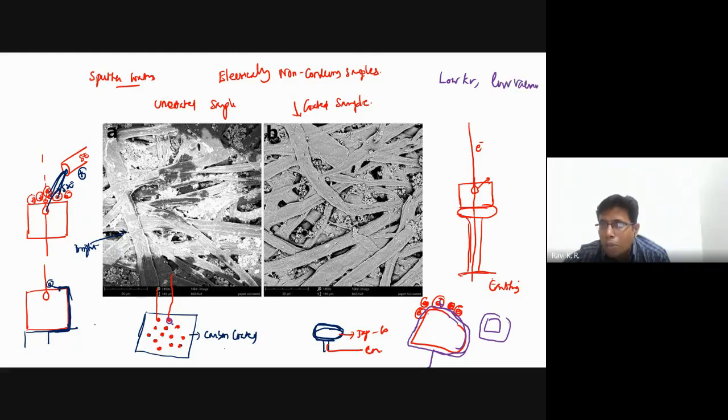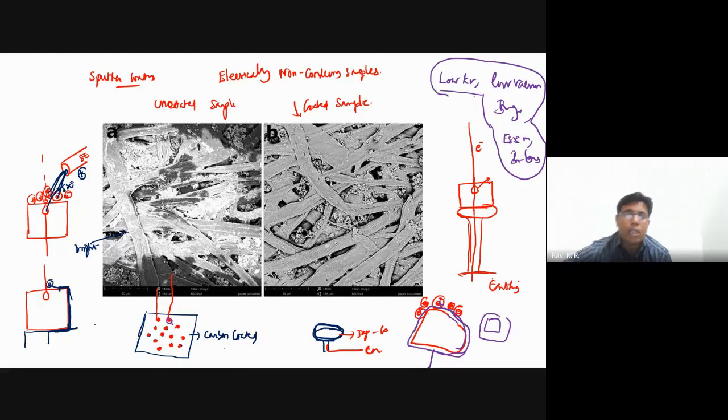Those we will discuss a little bit later: low vacuum imaging and so many things. Then we use ESEM. All those are slightly advanced versions of the scanning electron microscope. That part also we'll discuss in this course a little bit later, once I complete the basic scanning electron microscope.